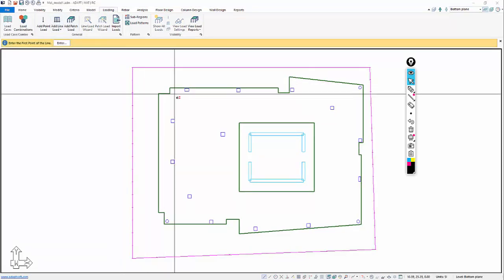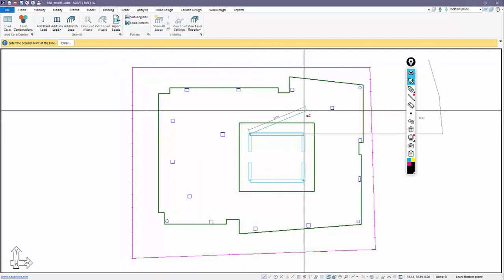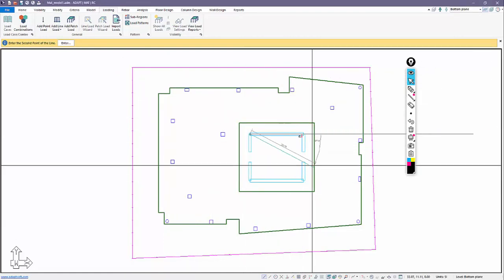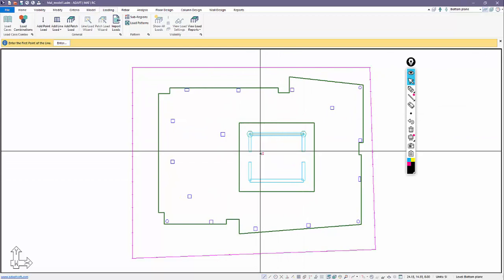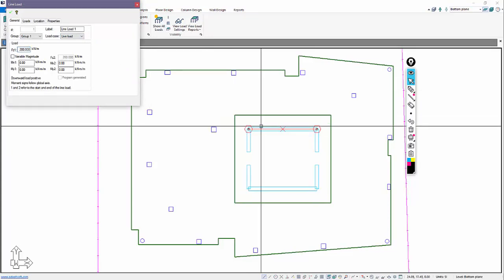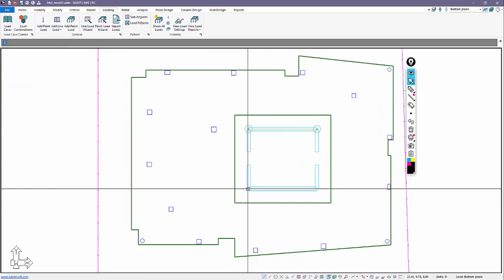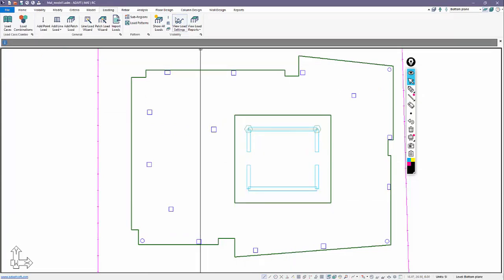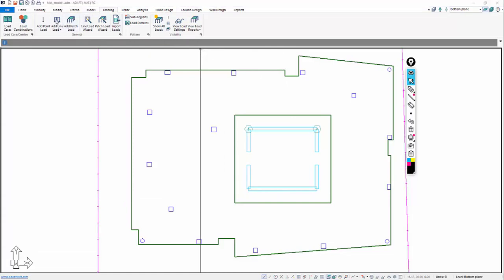And the line load here is going to be 200 kilonewtons per meter. So before I snap this again, I could snap it and then come back in and double click on it and assign the load. We'll say this is live load, and we're going to say this is 200 kilonewtons per meter. That requires some post editing of the load, so that's why I usually recommend opening the load input box before you place a load. We'll come back to this.